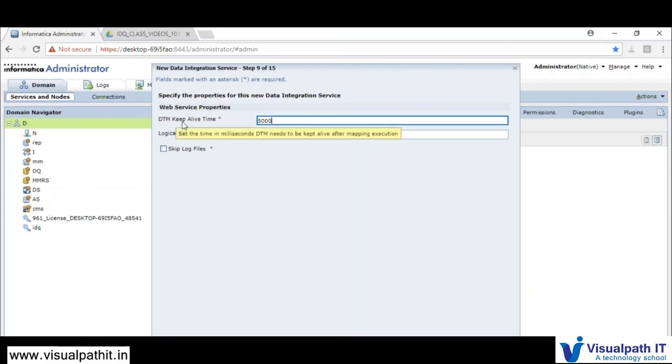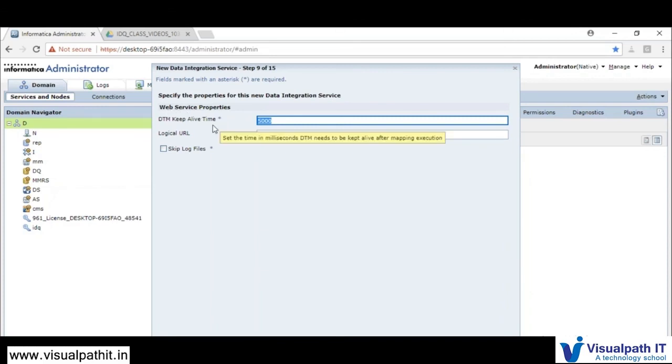Here it is asking for DTM keep alive time. So once a request is processed, for how many milliseconds does the data transformation manager need to be kept alive? That is the meaning of the DTM keep alive setting. Whenever you are using web services and processing requests, let's say you are creating address validation or phone validation and you are processing the request using a web service.